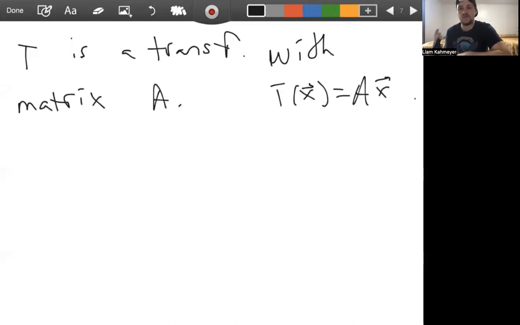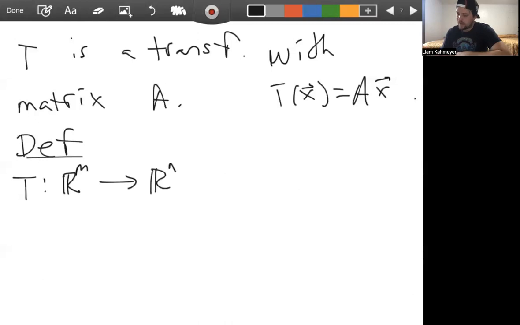Okay, and so now what does it mean to be a linear transformation? We've just been discussing transformations in general. Linear transformations are a subset of transformations. So a transformation from Rm to Rn, well, sorry, that's backwards, I've been using Rn to Rm, is a linear transformation